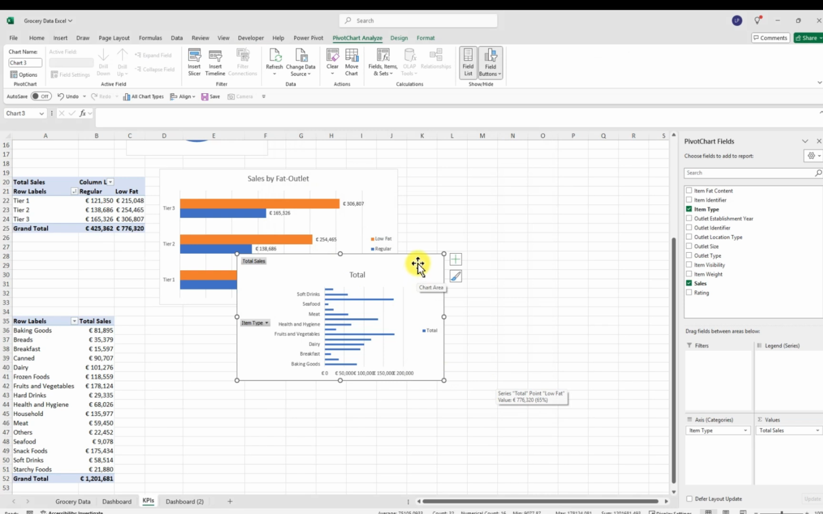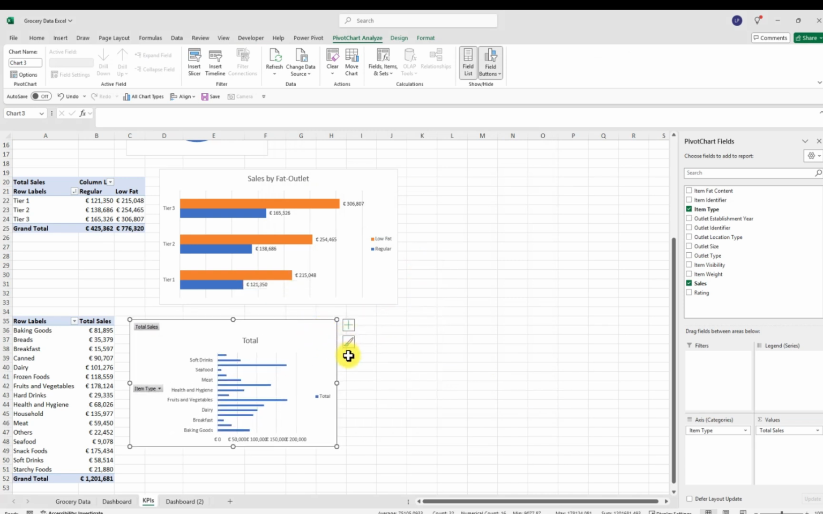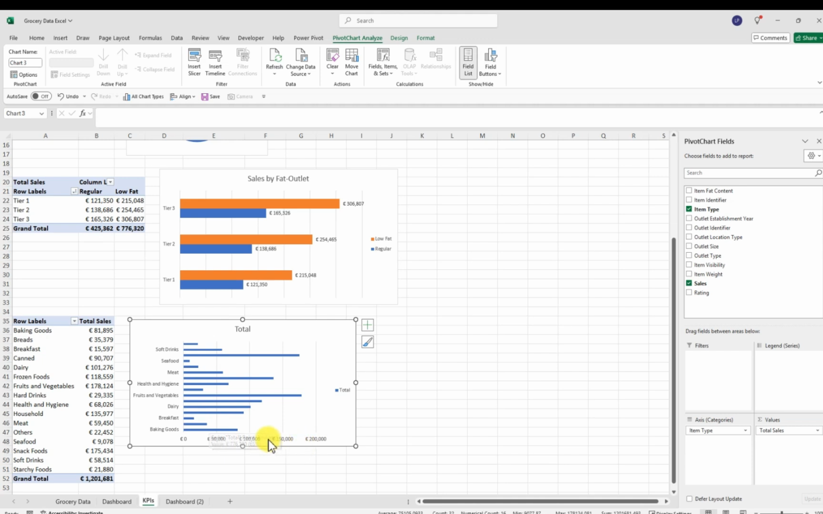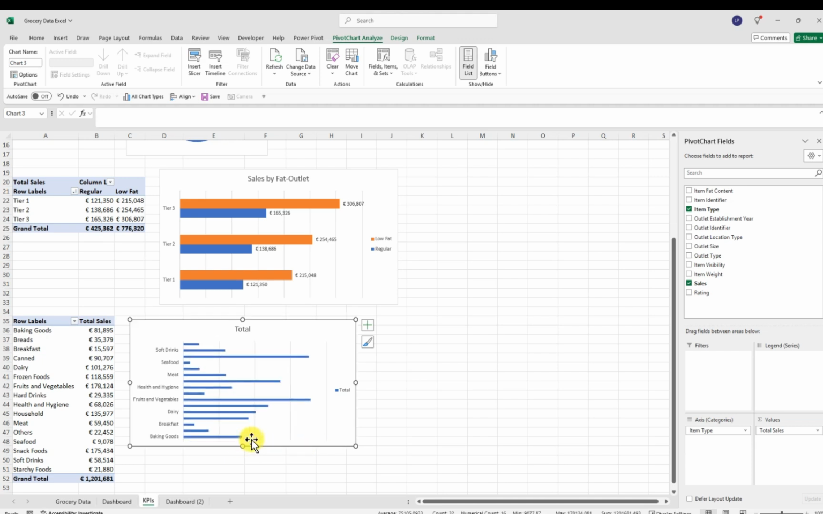And we are clicking here. Let's bring it down. And we are going to remove this. How can we remove this? As usual, right click and go to hide all field buttons on charts. Then we don't want the down one here. Everything, we remove this. Okay, we don't want the total. We remove the total. Remember, the total here we want it, which is going to be